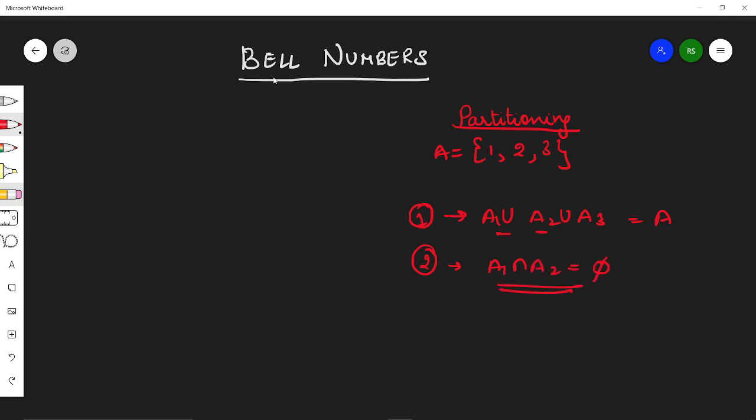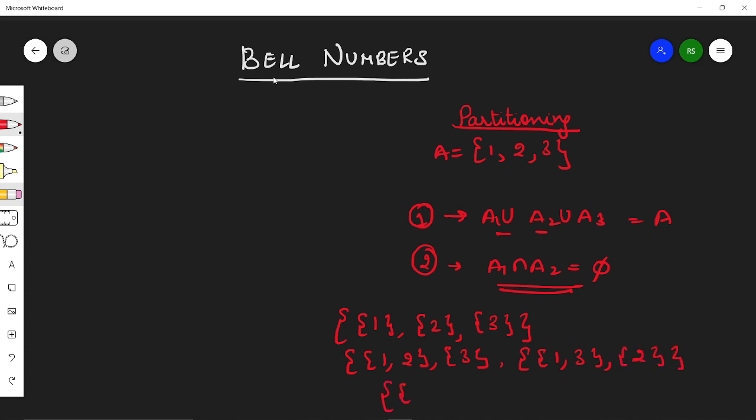Okay, so using these properties, let us find the partitions of this set. See, first I can take the individual elements: 1 alone, 2 alone and 3 alone. Another way possible is I can pair up 1 and 2 and separate 3. Another way is I can pair 1 and 3 and separate 2.